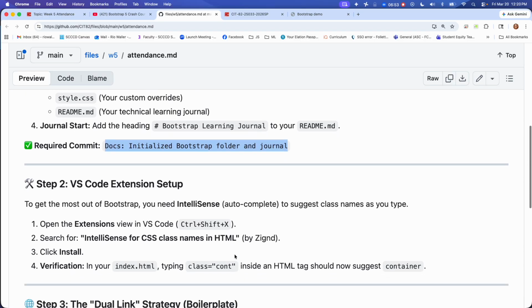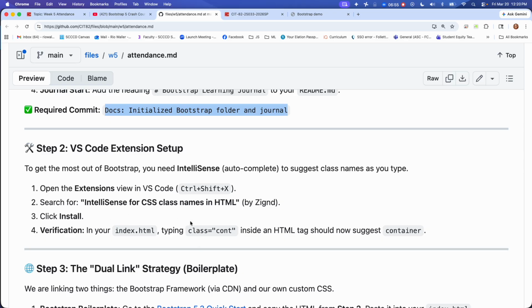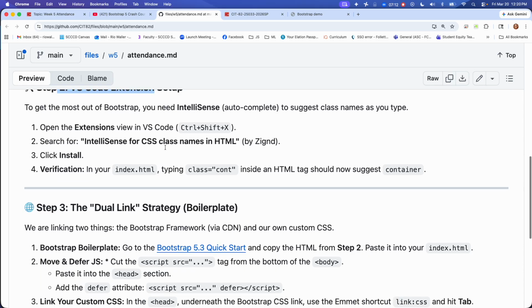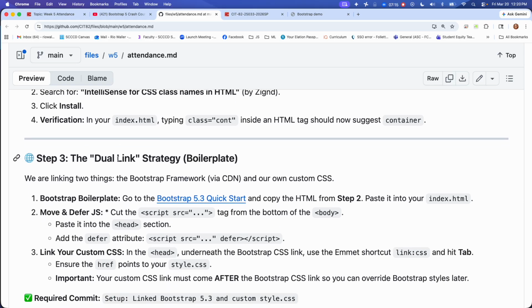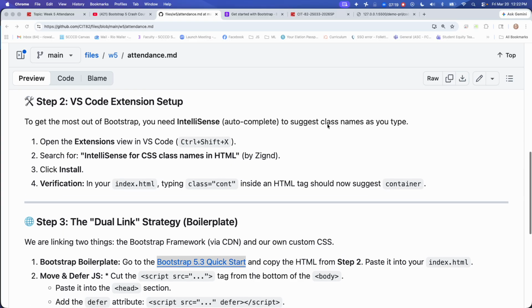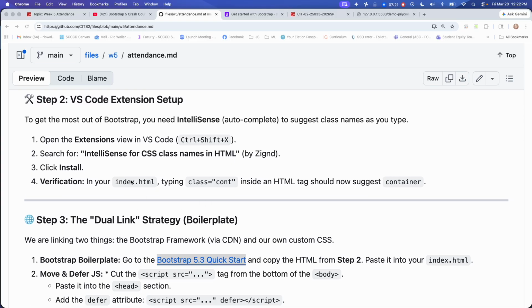Okay, so now I want you to try the next steps. Okay, where you install an extension, right? You're going to actually copy. Let's see, hit install, verify. Okay, so actually, now that I'm glad I looked at this, because I may change this up. By the time you see this, it may look a little different. But so you're going to try step 2 and step 3. Okay, so I went through and looked at this, and actually we can do this